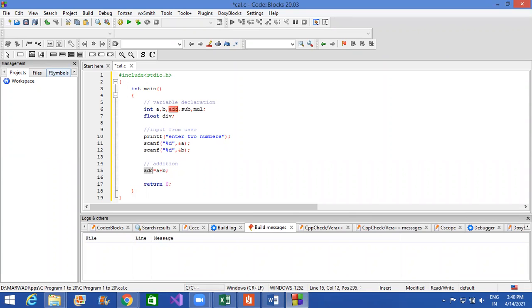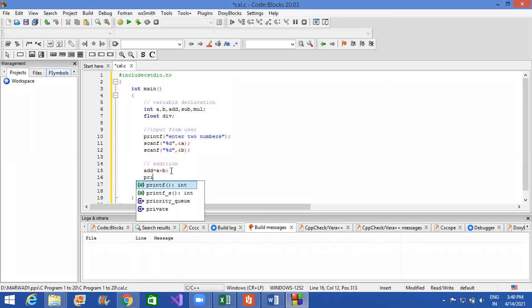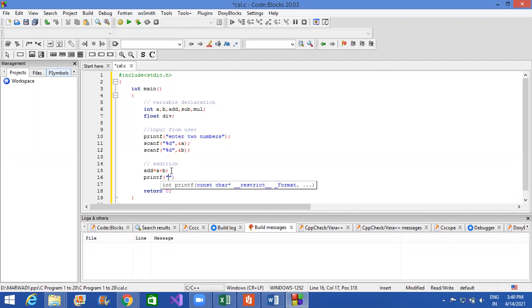Add will store the output which we'll get from a plus b. Now we'll print that by printf statement. Whatever the output we get, we'll be printing that by printf statement. Printf, addition of two numbers